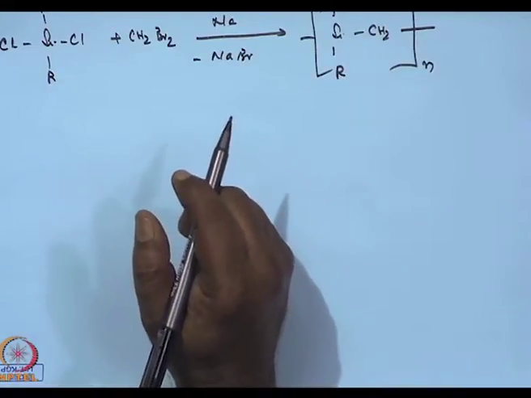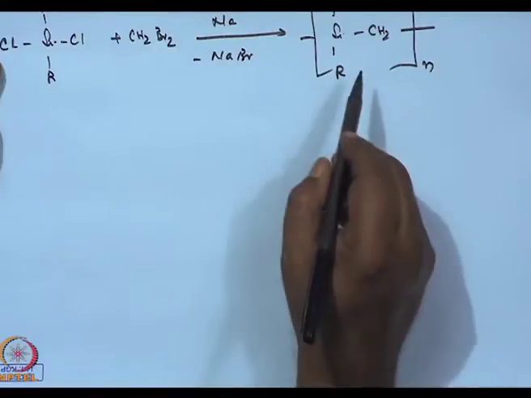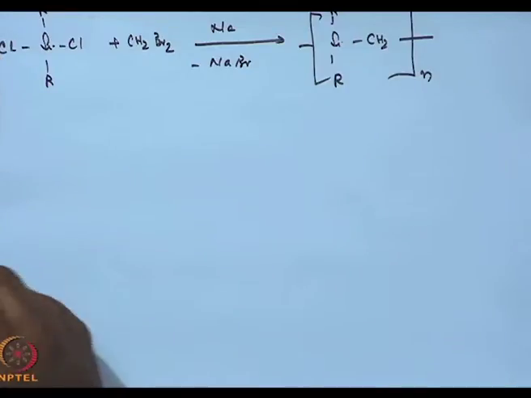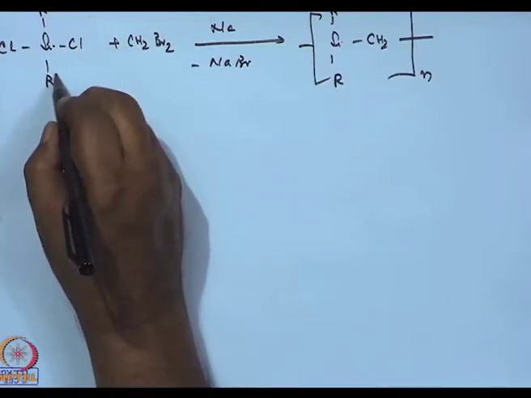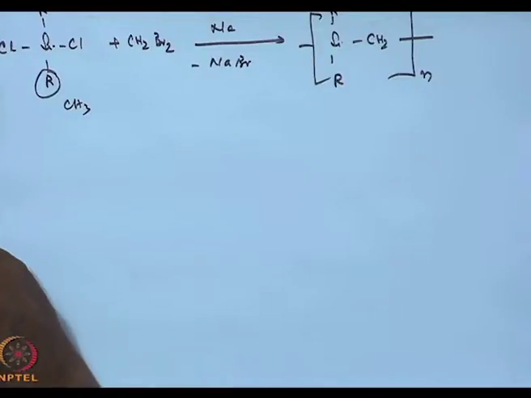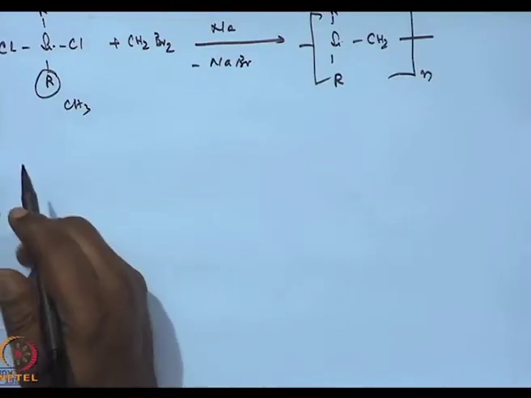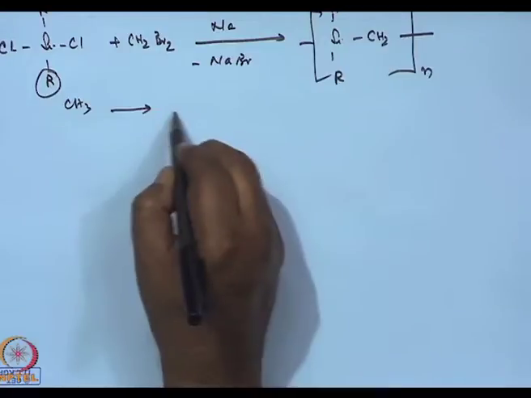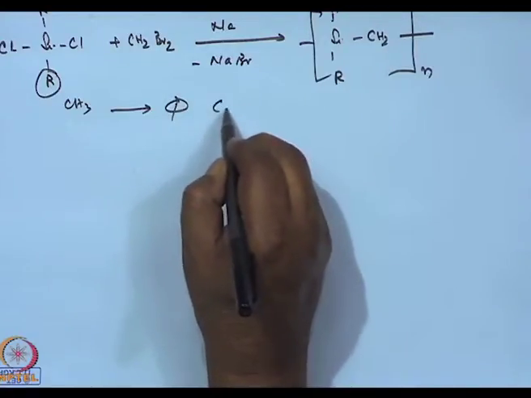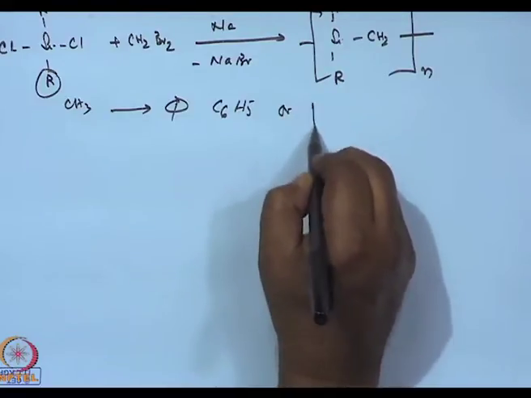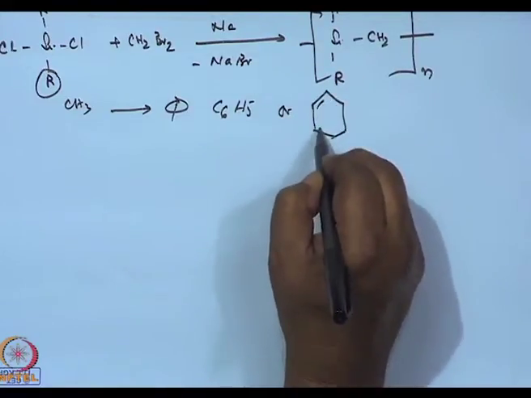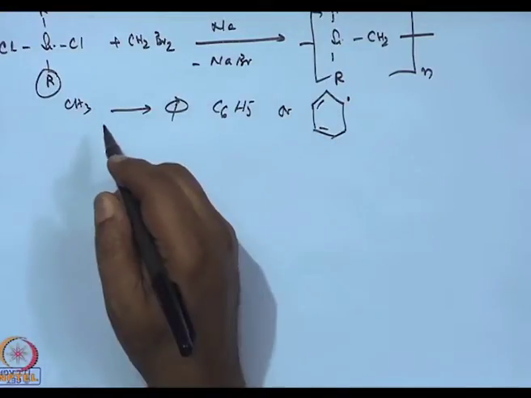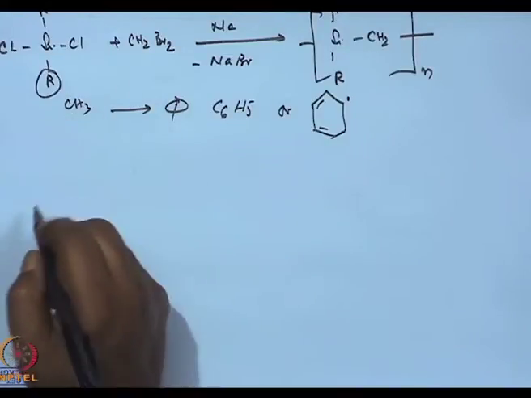But the problem is there is very low selectivity if these are methyl groups. However, if these methyl groups are changed to phenyl groups or C6H5, then what we would land up with is